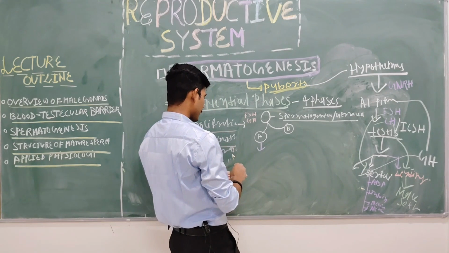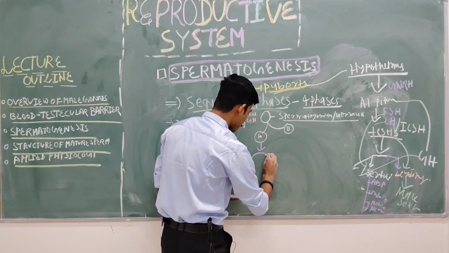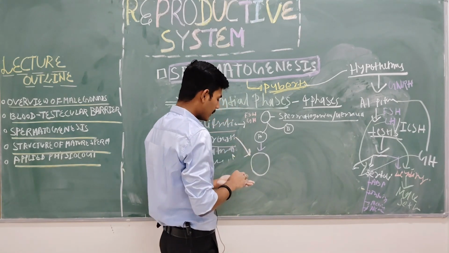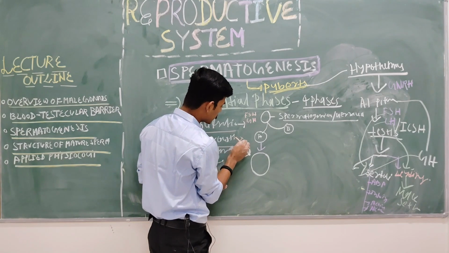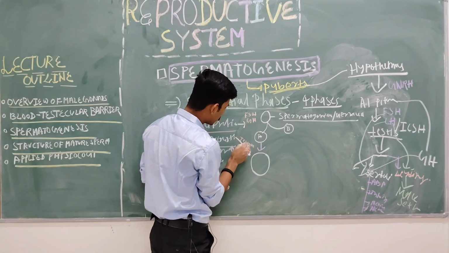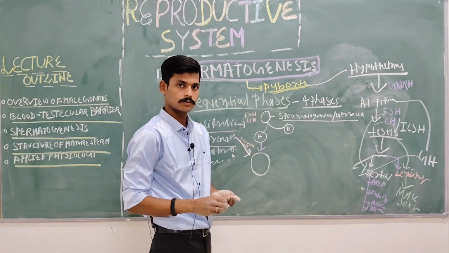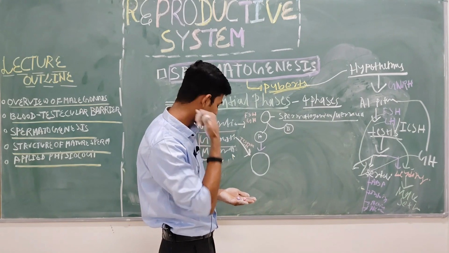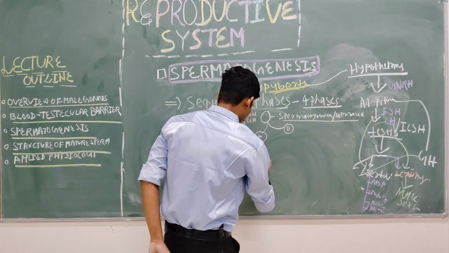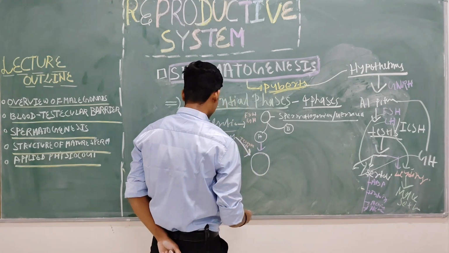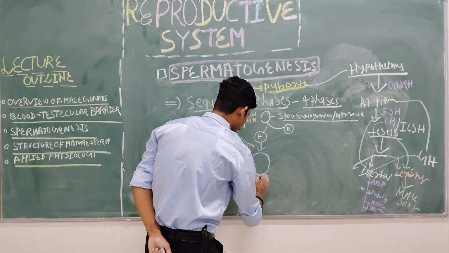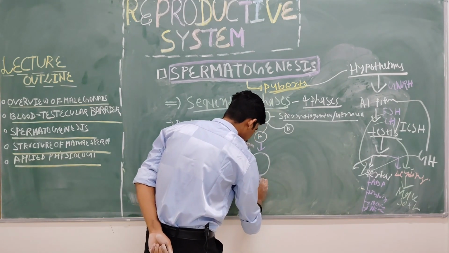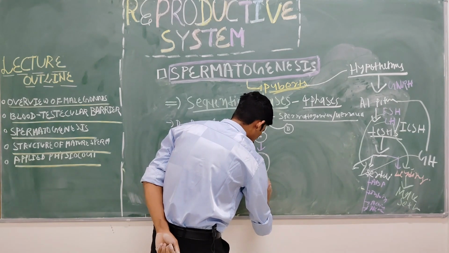Now from this cell there will be an enlargement, marked by the large size, and this is called the growth phase. This is happening also under the effect of testosterone and growth hormone. Are you understanding? Both are happening with the help of testosterone and growth hormone. Now after enlarging the size, they come into the actual cell division. It started from here. They undergo 2 divisions. The first division is called the